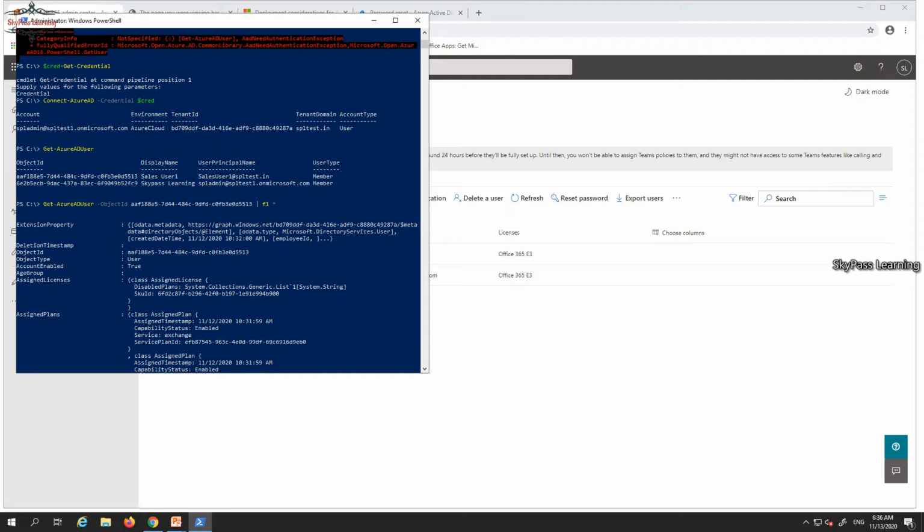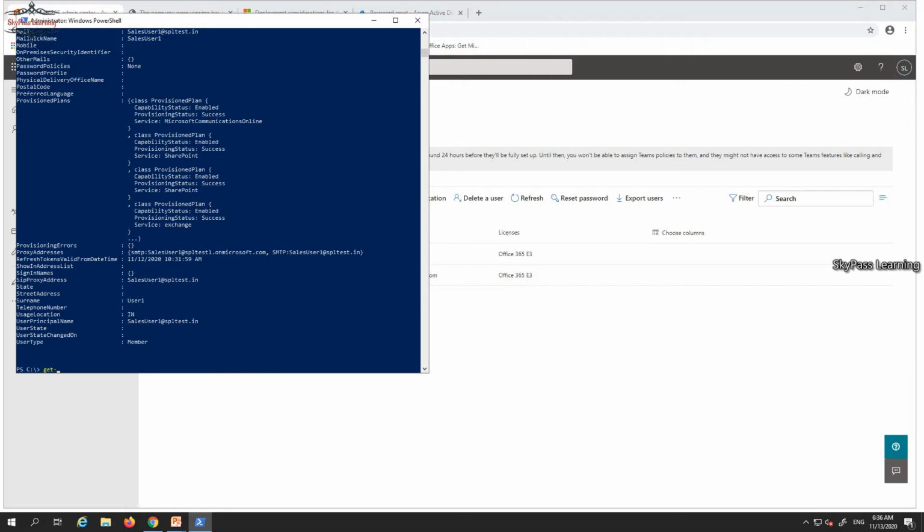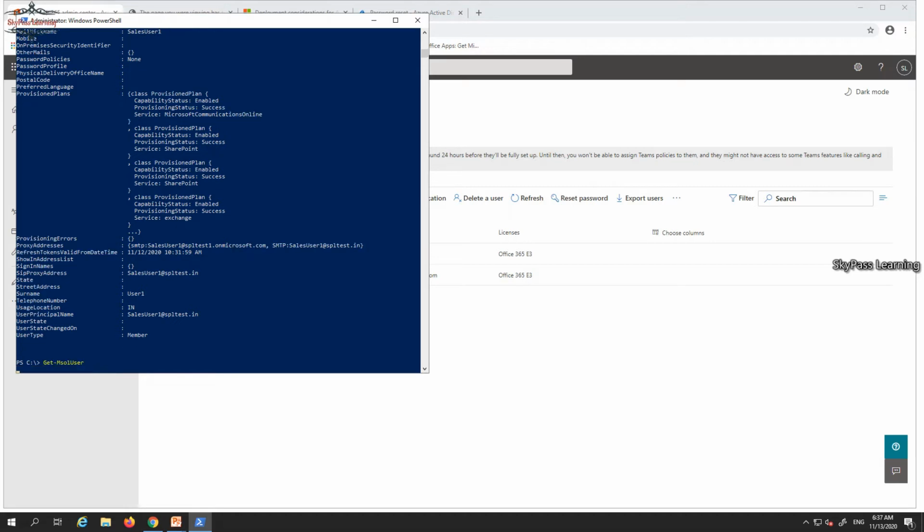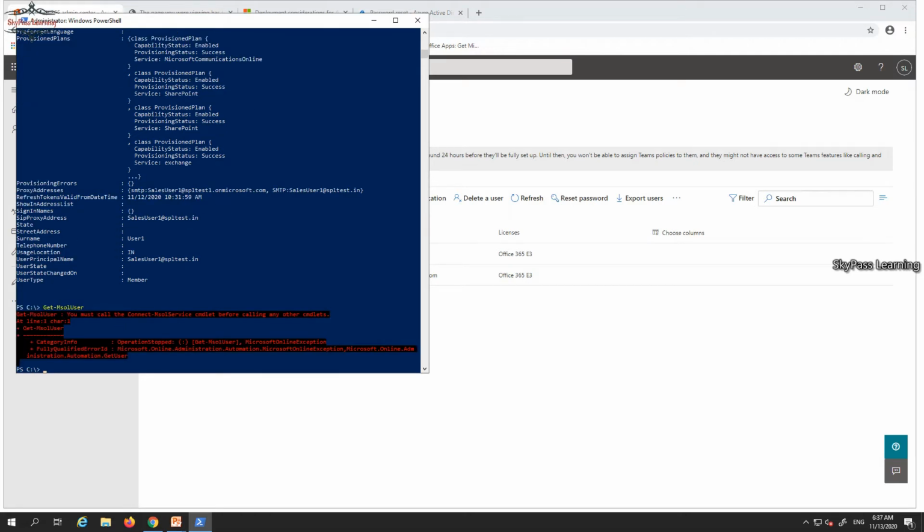If I put a command Get-MsolUser, it says you must call the connect service, because I have just connected Azure AD. I have not connected my MS Online services till now.